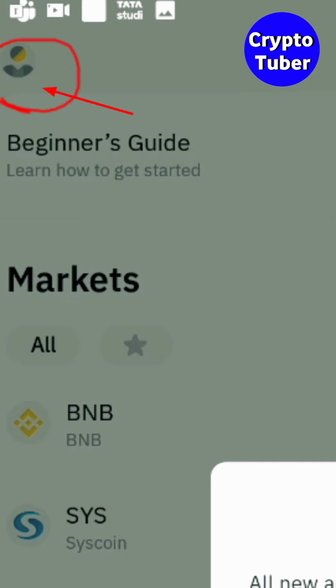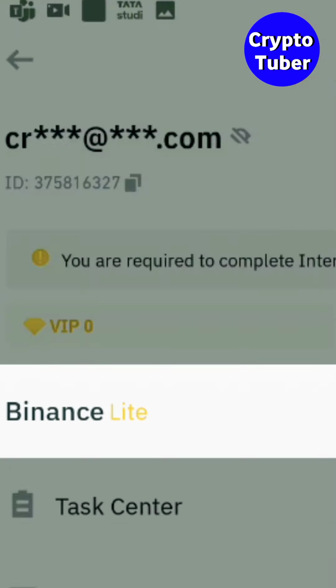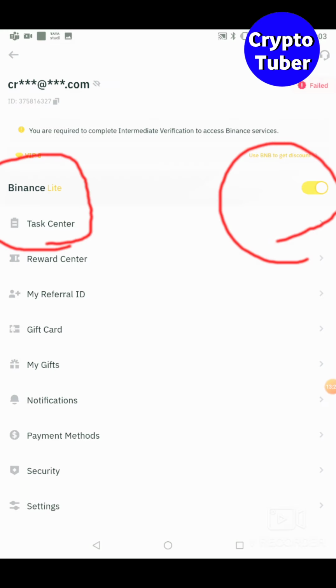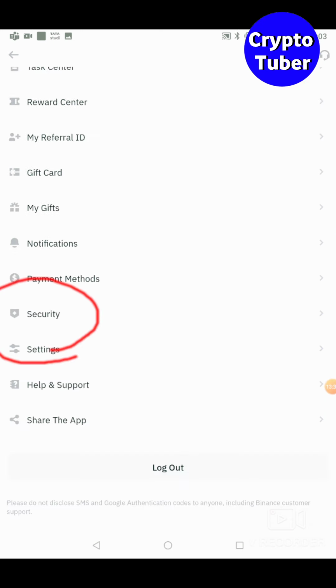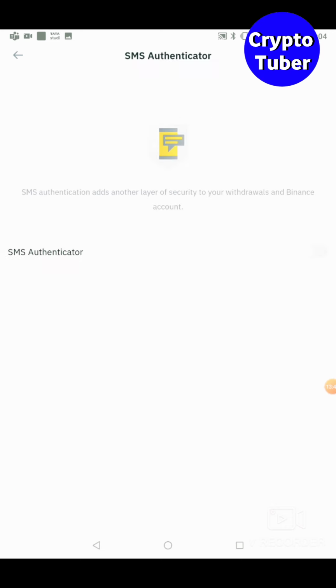Now on the home page, you can see at the top left corner an icon of a man. Click on that icon. There is a beginner's guide, where you have to disable Binance Lite to enable professional Binance. Now just click on security and complete email authentication and SMS authentication.